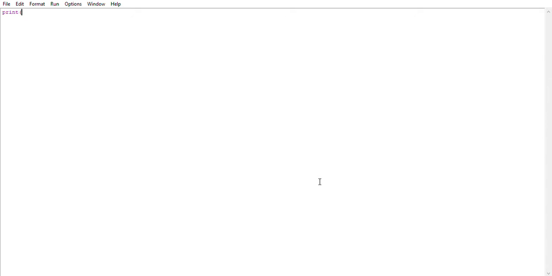bracket open and apostrophe comma and the word addition. Then we have to give it the first command on a. There are two values in addition, so the first value we will give the name as a equals to